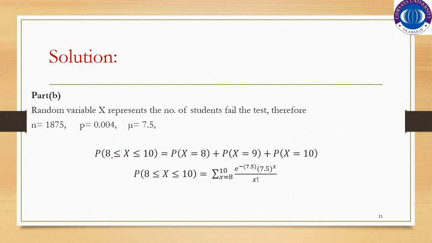So this is basically probability 8 less than or equal to x less than or equal to 10, which will be equal to probability x is equal to 8 plus probability x is equal to 9 plus probability x is equal to 10. So this could be written in this way: summation x is equal to 8 to 10, and as the probability distribution function is e raised to power minus mu, mu raised to power x over x factorial, and the value of mu is 7.5,